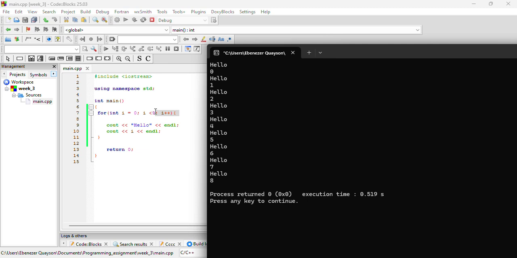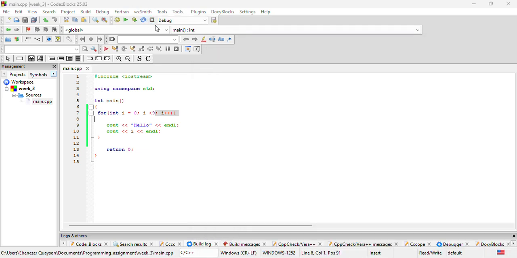Okay, let's move on to the next type of loop, that is the while loop. So the while loop is something like this. We are still going to do the same thing, right? So while